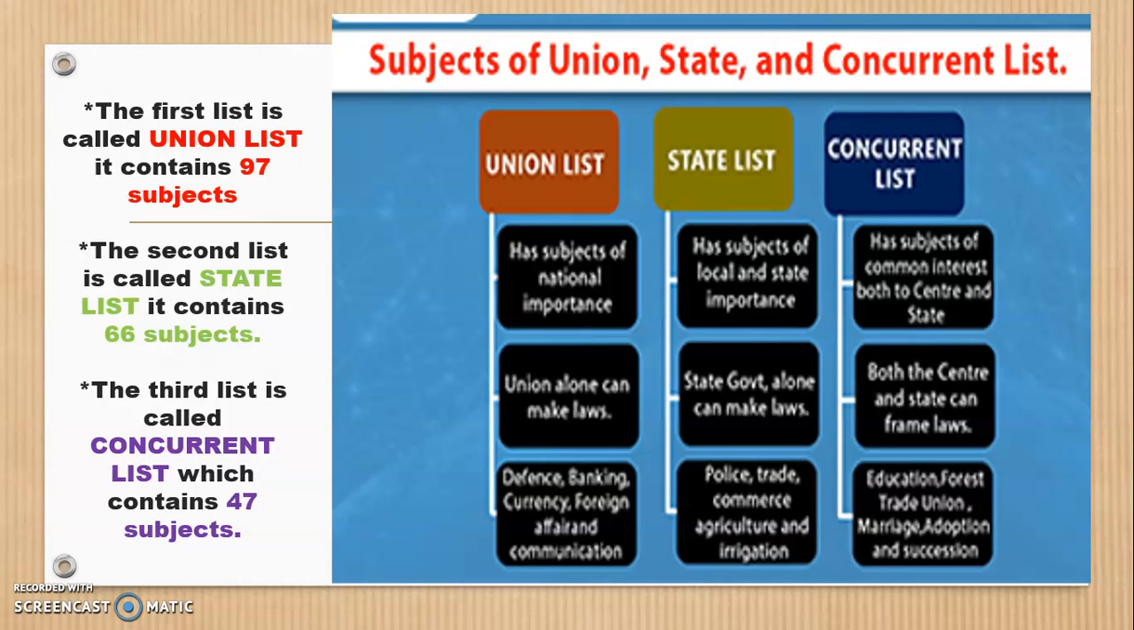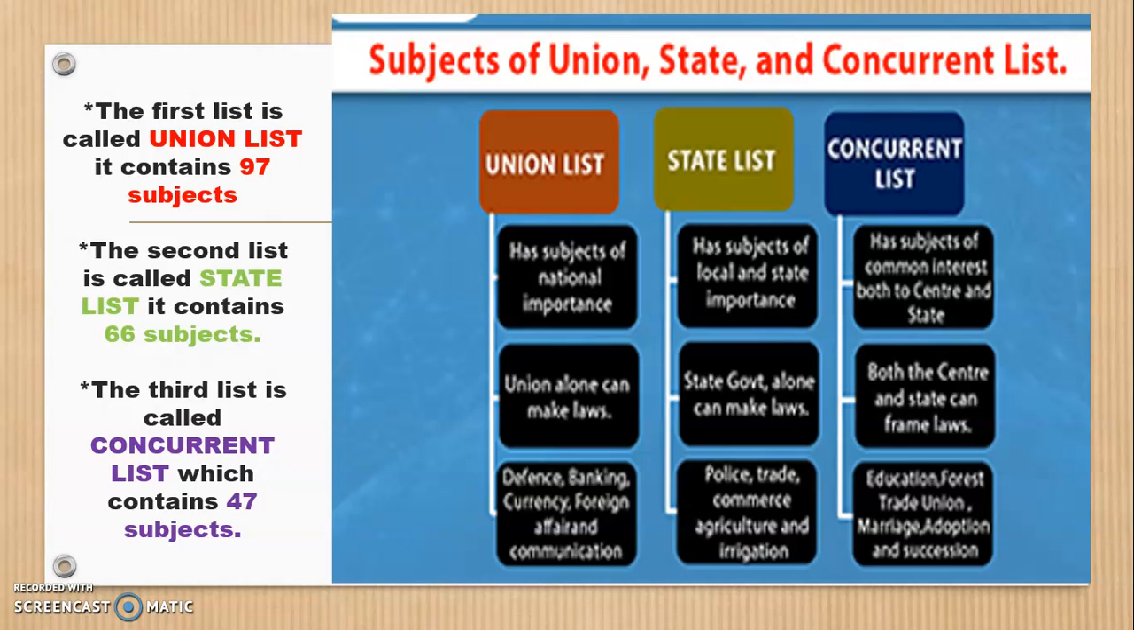The second list is called the state list. In the state list there are 66 subjects, and the state government alone cannot make these laws. Even the state government has to take the permission of the executive, that is the president and the prime minister. We have to take the permission, and only then are the other things carried out. Now what are the subjects? We have agriculture policy, economic policies, trade and commerce,